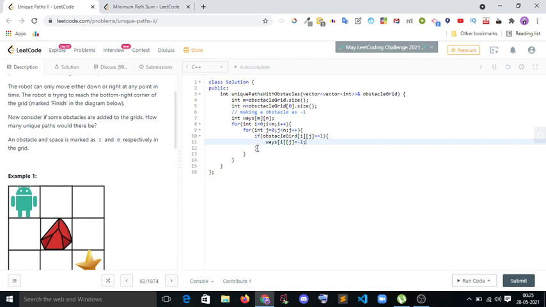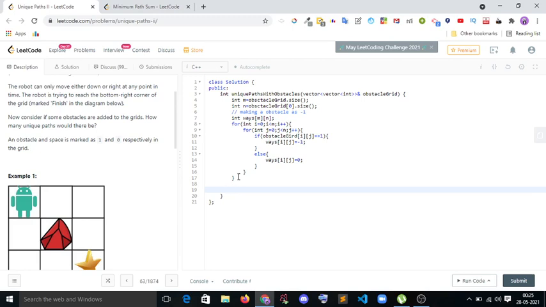Okay, or else ways of i of j equal to 0. So we have our ways, and the obstacle becomes -1 and all the paths are 0. Okay. So after that,